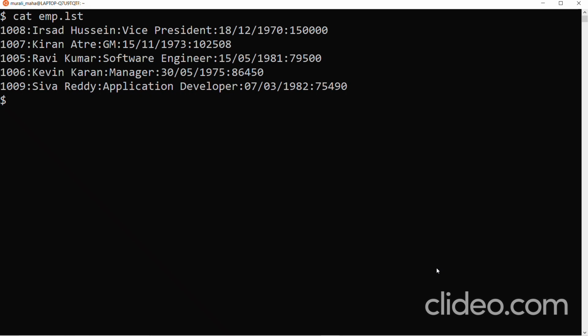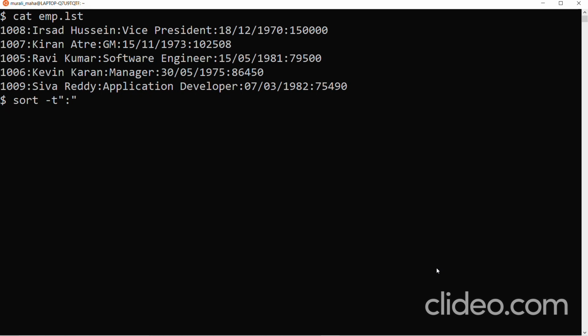Let us see. For that, sort. I want to exactly identify the fourth field, right? So I need to give -t, then colon. Then which field do I want to sort? The fourth field in every record. So the fourth field is +3.